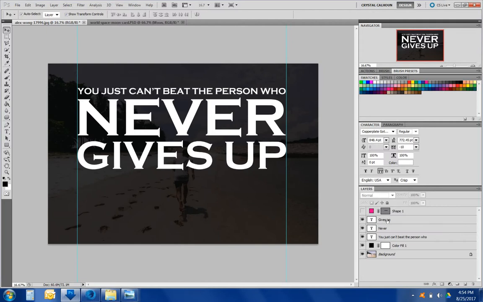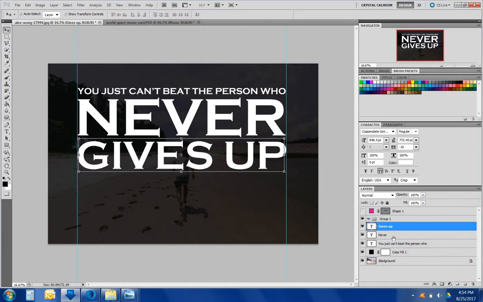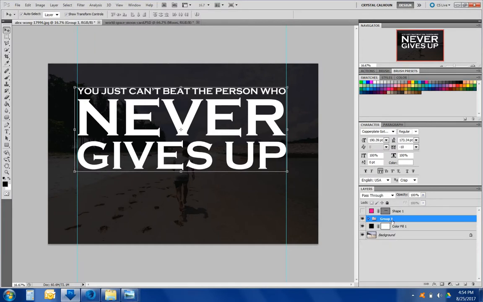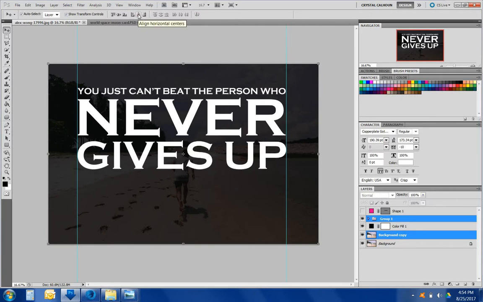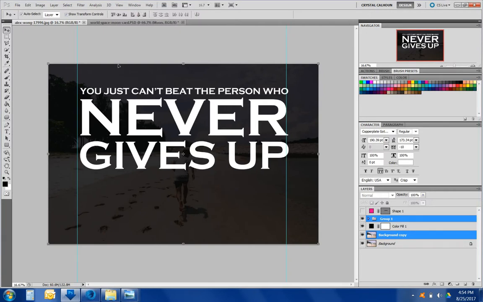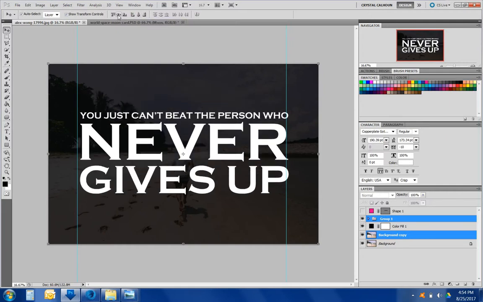It looks very good. Now if we want to make sure that it's in the center of the page, let's create a folder. Select them all, drag it up into the folder, and then we need to create a copy of that background. And with your control and the background, you've selected the group and also the background, and then we're going to get this alignment right here in the center. So I didn't have it perfectly aligned, so that will have it perfectly aligned, and over here right there in the center as well. However, I don't like that it's hiding the guy running,